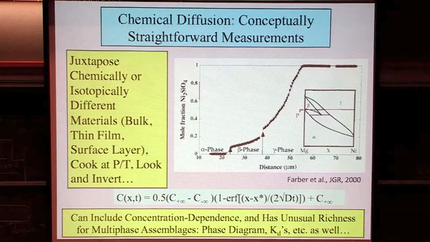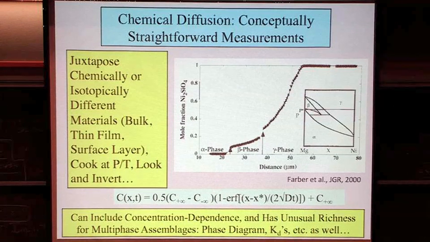And you can see that you could invert this type of curve, that type of curve, maybe even this tail right here if it were a little longer, to get diffusion coefficients out of this. There's a little equation here, which the only thing I would emphasize about it, these are concentrations way out here, positive infinity, concentration at negative infinity, way out here, so 1 and 0 in this instance. And then there's the error function here, which is the same error function, 1 minus the error function that we looked at for thermal diffusivity. And this is, of course, the chemical diffusivity right here.